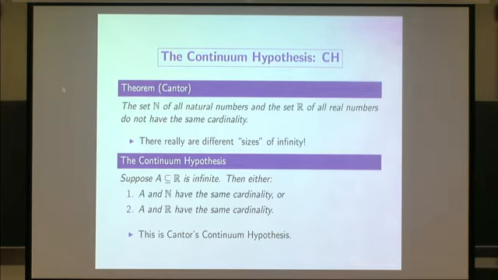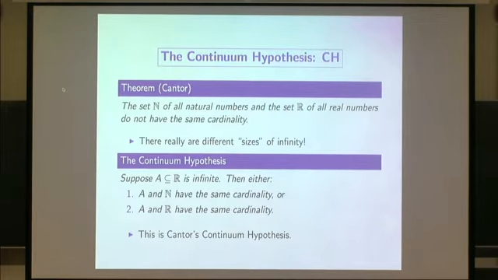Well, once you realize that, you want to now ask the question for the continuum hypothesis. Suppose you have an infinite set of real numbers. Must it either have cardinality of the naturals or cardinality of all the real numbers? In other words, in some sense, it's saying, is the infinity of the real numbers the smallest infinity bigger than the infinity of the naturals? That's Cantor's continuum hypothesis.